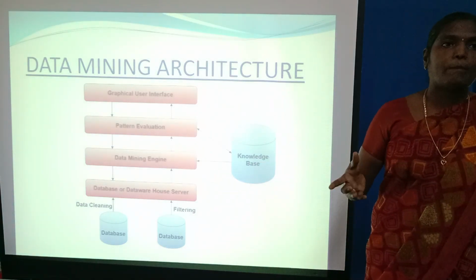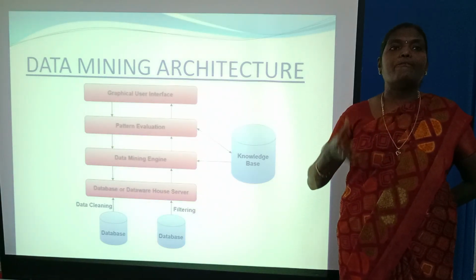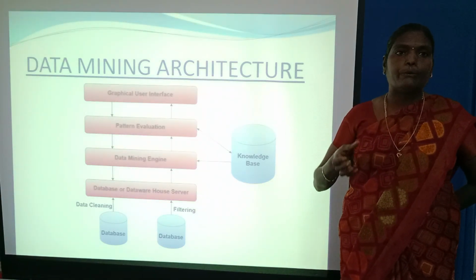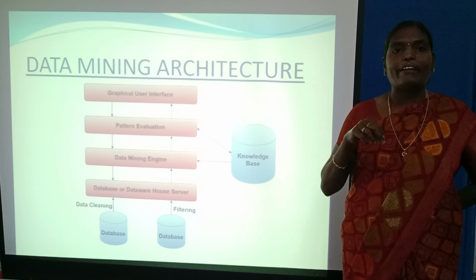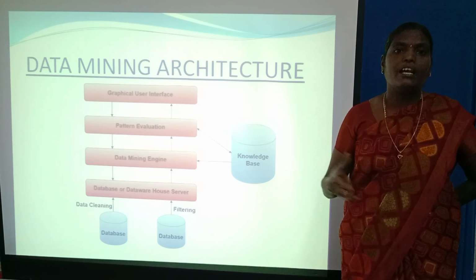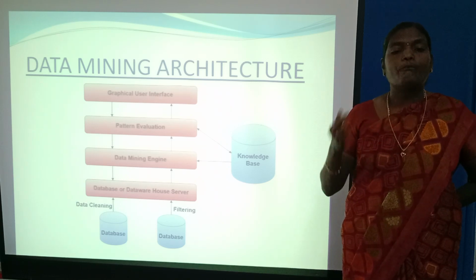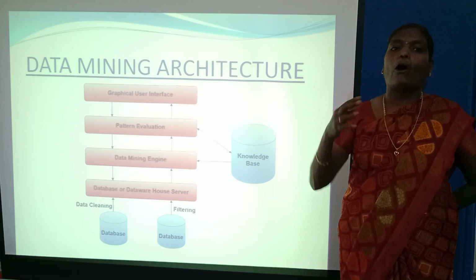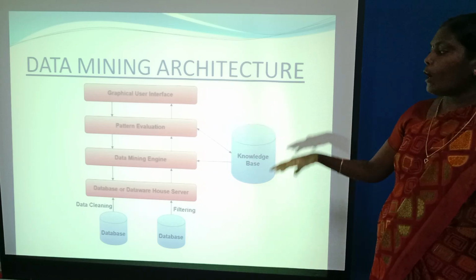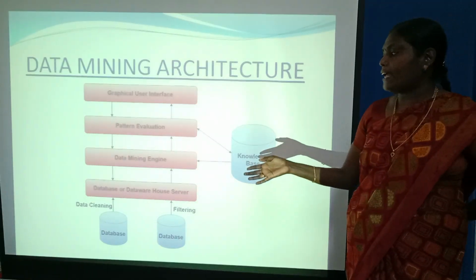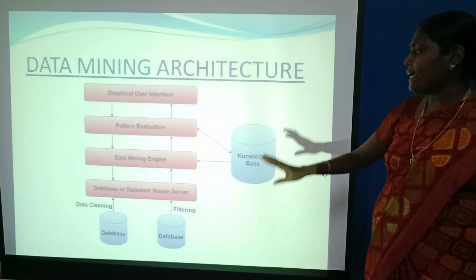First, we know what a database is. I think all computer science people know what a database is. A database is nothing but where we store the information, whatever information we have collected or want to use. Next is the data warehouse. The data warehouse is a centralized location. In the centralized location, we store all the data, and from there we bring the data whatever we need. That is the main task of the data warehouse. And next, we move on to the data mining engine. The data mining engine analyzes the data needed for our future process. That is called the data mining engine.